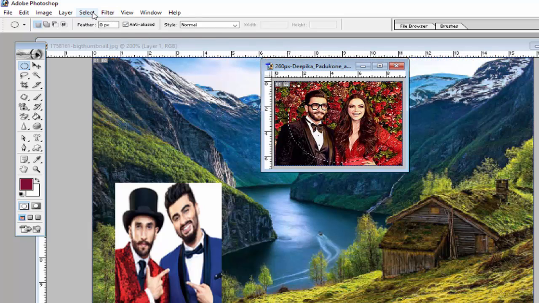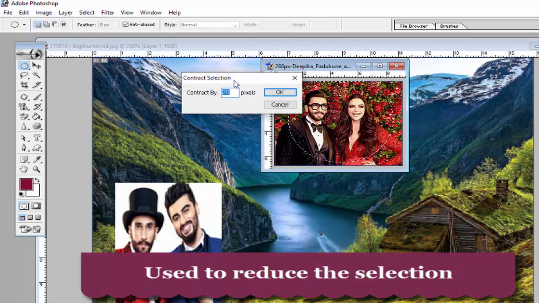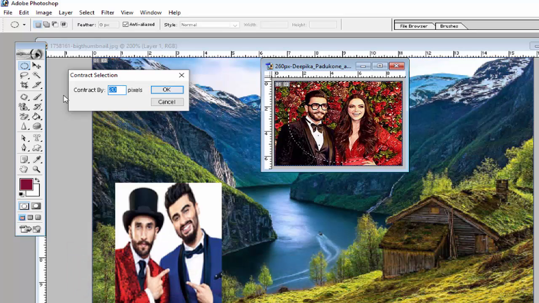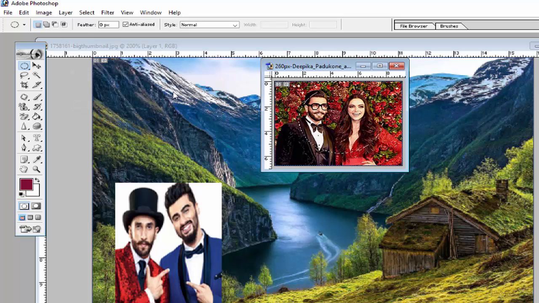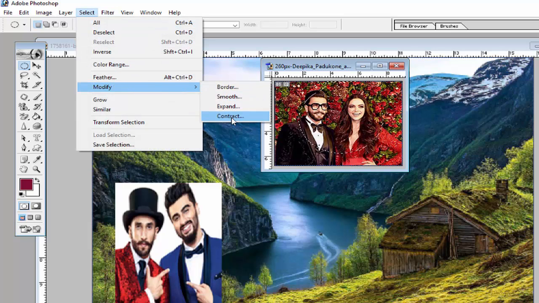And if you want to contract this part, use this option again, Contract, and enter a value here like 5, 10 or 20. I enter the amount 20 and click OK, then you will see this selection will be contracted, reduced. So to reduce your selection, use this option Contract. And if you want to increase the selection, use this option Expand.